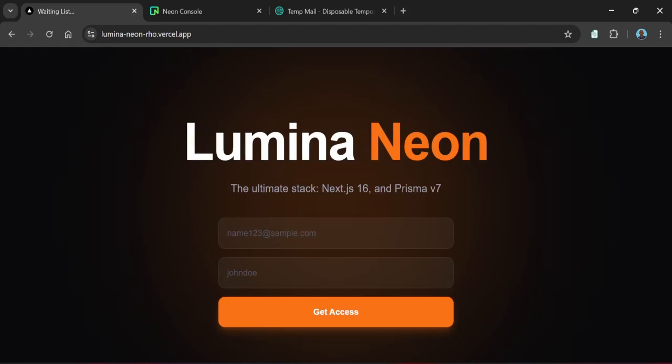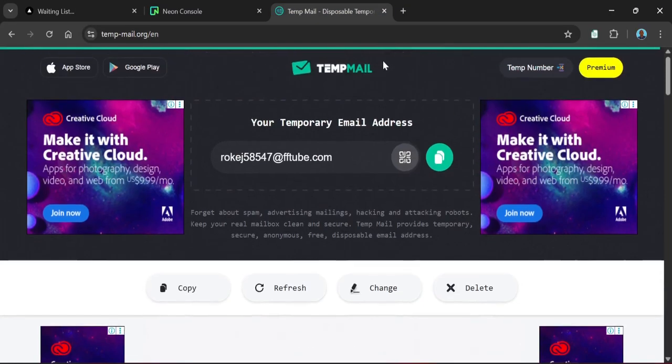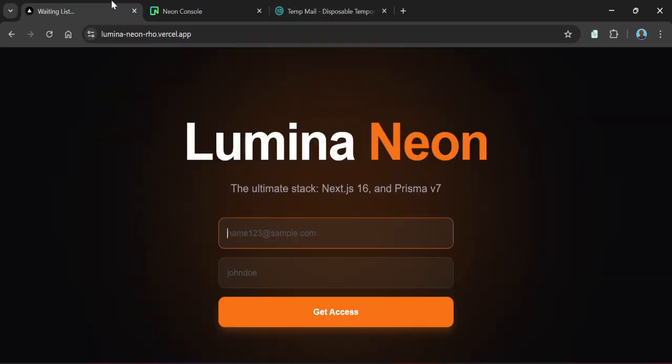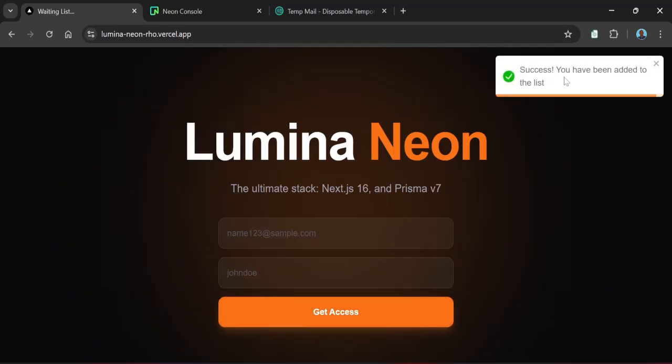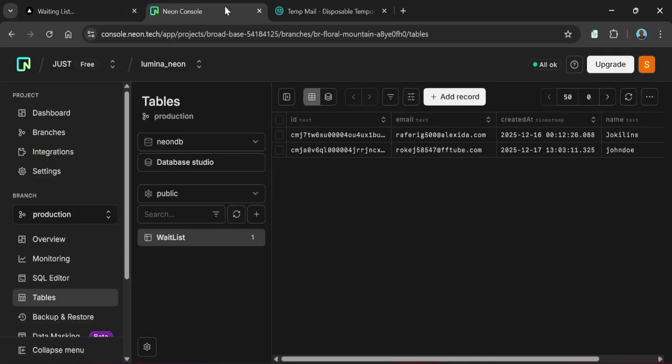So basically we're just going to add our email here. Let me copy the email from temp new. So I'll just scroll up and copy this, paste this, and let me just say Sam and get access. Now it has said you have been added to the list, meaning that the email has been sent